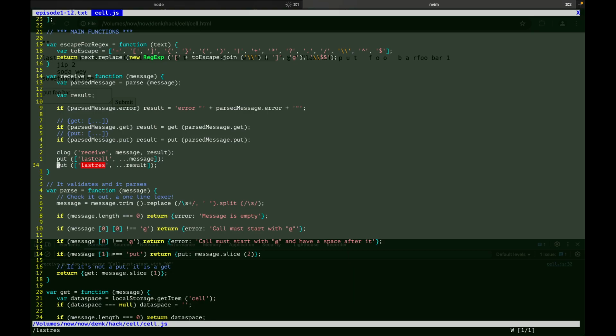Look at this. We're basically setting a part of the data space to say the last call was this, and the last message, and the last response was the result I got here. If I call it response, why do I call it result? Let's just use proper naming. Let's be confusing. When in doubt, be more confusing. So if I comment this out, and